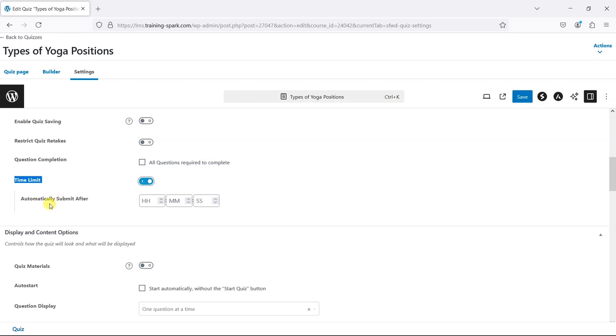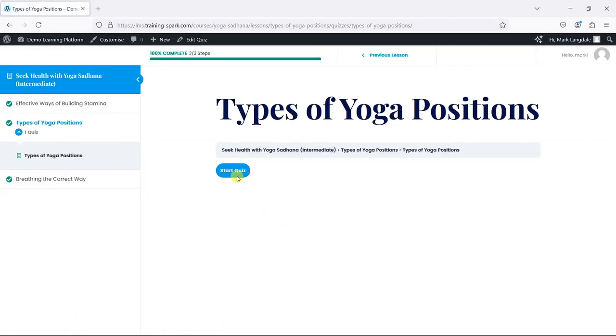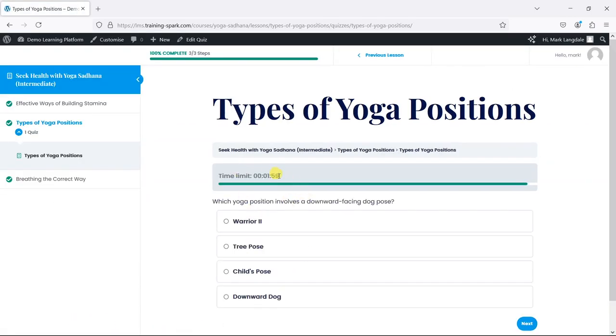And here it says it will automatically submit after X amount of time, hours, minutes, and seconds here. So I could perhaps say they have to do this one within 2 minutes, and then click Save. And then once that's completed, if we view the quiz and start it, we'll notice here that we have a